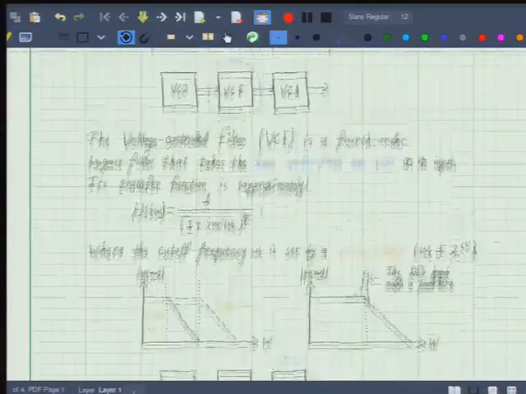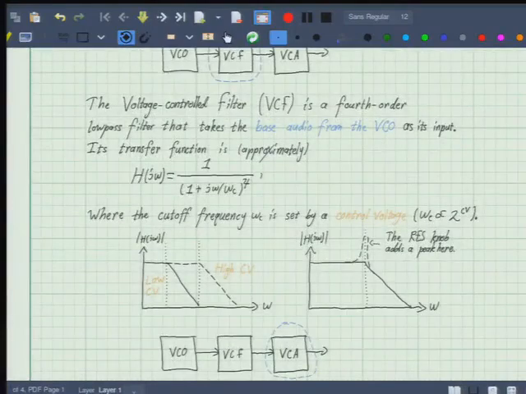And this is a little bit easier to explain because I think most of you probably saw actual analog filters in 16B, and if not, then we've at least talked about them in this class. So you all know what a filter is. And this is actually exactly the same kind of filter that you're all familiar with. In this case, the main difference is that it's a pretty high order filter, right?